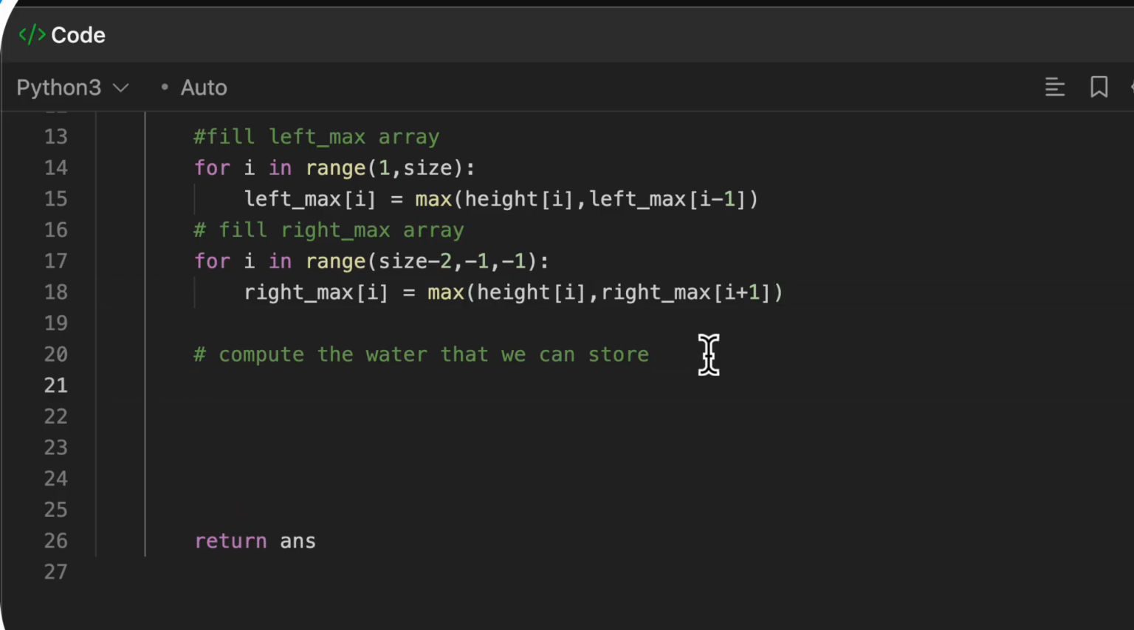Now we will just go over every index. So I can say for I in range, and I'll start at index 1, and we only need to go till the second last index, because as we have discussed previously, we will not be able to store any water in the first index, which is 0, and in the last index, which is index size -1. So we don't need to check the water that can be stored in those two places, and we just need to check the remaining indices. So we can have the range over here 1 comma size -1,